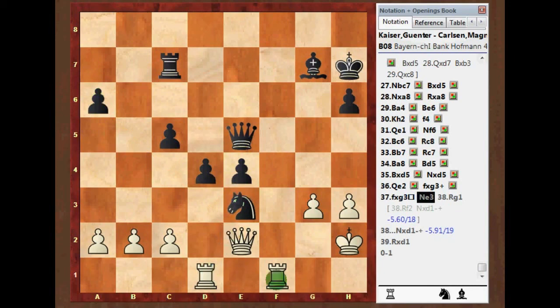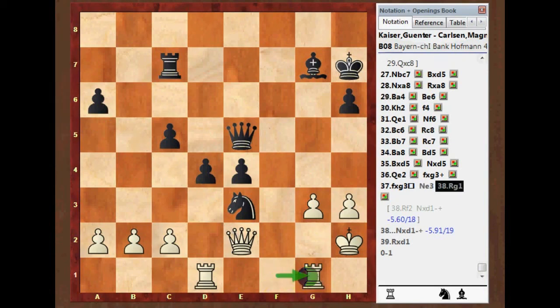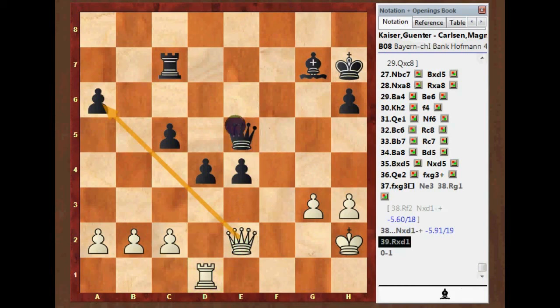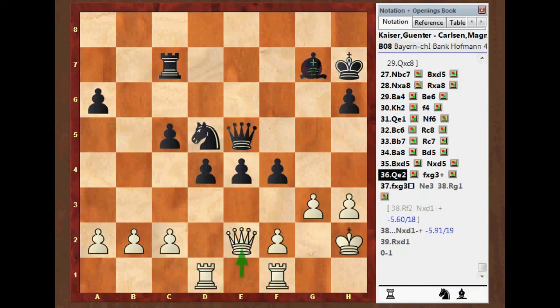A variation would be to move the rook into g1, and still would end up losing the rook here. Recaptures, then again black is up ahead by a piece. At this point Guenter resigned, because he knew that if he recaptured, the knight would come down and he would lose the